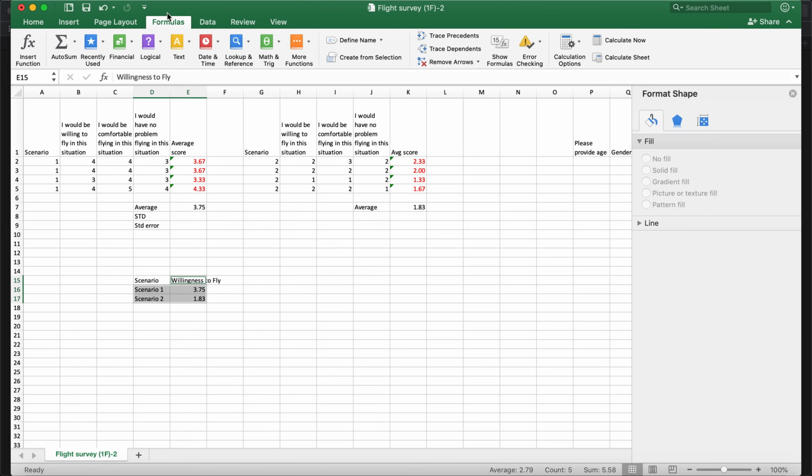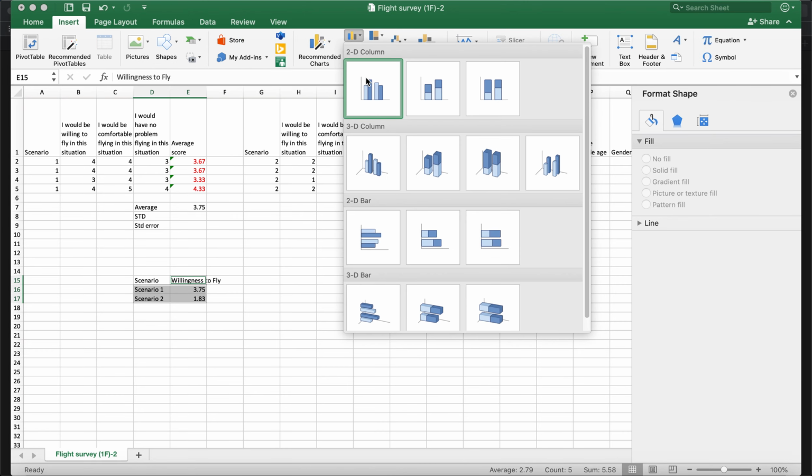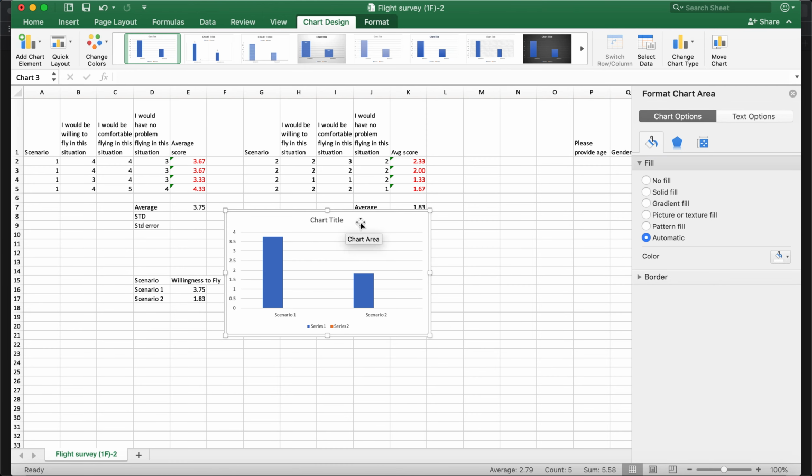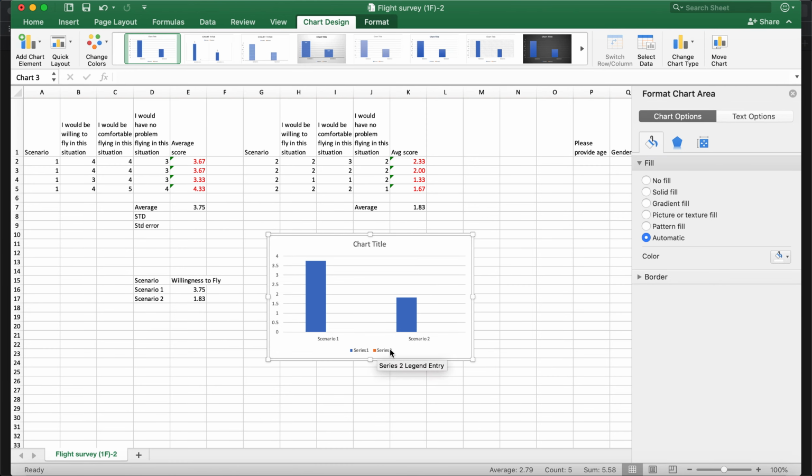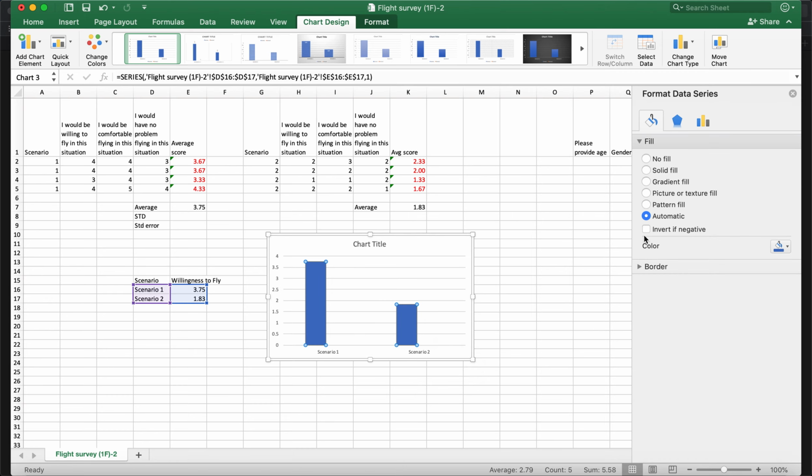So selecting specific data points, hitting the chart. That should, yep, there you go. Scenario 1, scenario 2. Take that off, we don't need that. And change that to the color so it just looks a little bit more fancy. Oh, let's change that to blue separately. There you go. So now we have